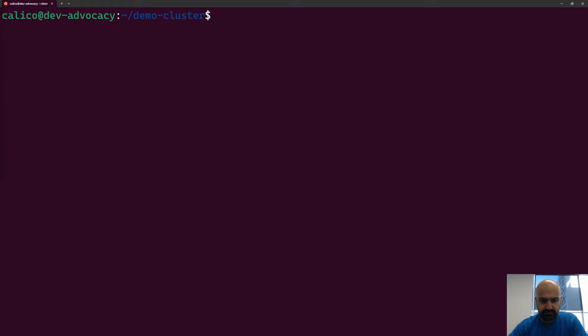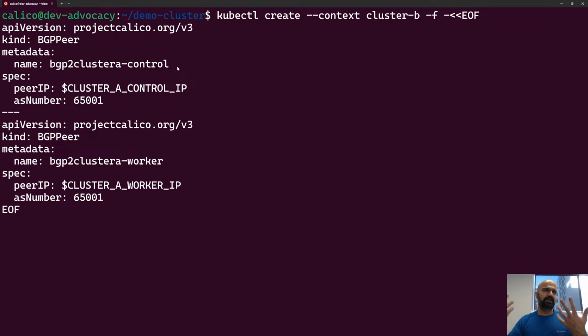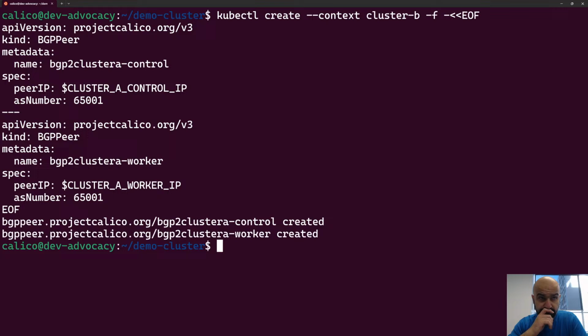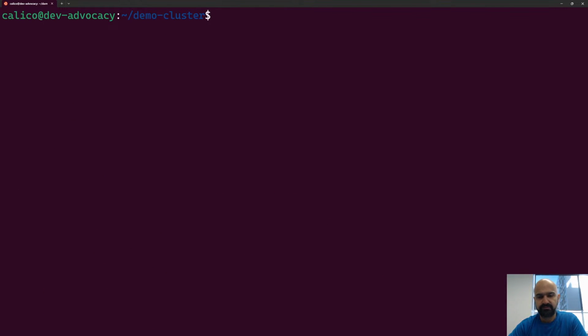Let's build the same thing, but this time for cluster B. So again, the same thing, 2 BGP peer resources to tell cluster B where to connect for BGP, and the AS number for cluster A. If you're curious how to get these IP addresses, you could do get nodes. It will tell you what are these IP addresses, but if you remember at the beginning of this session, I put everything in environment variables to run into less problems. All right,